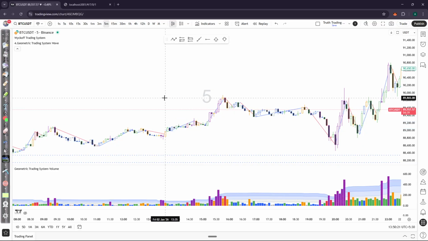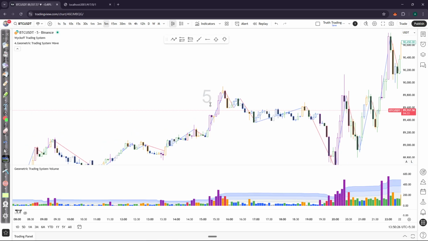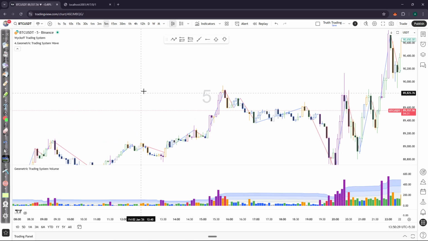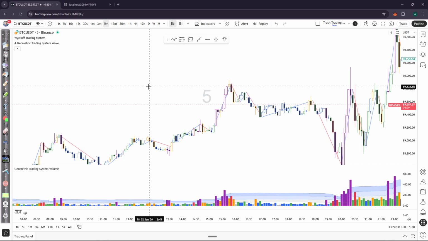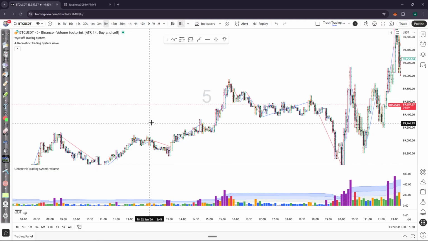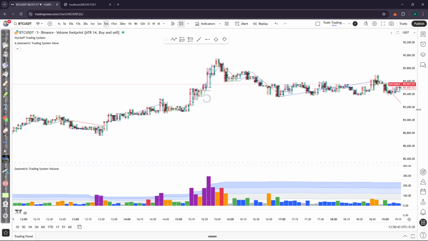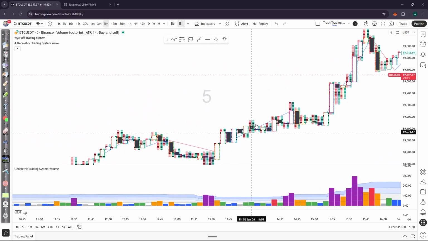Okay. So this actually tells us that there's no interest in selling. Okay. And the sellers don't have conviction, they're not putting in effort. So when the pullback ends and the price resumes upward, you want to be buying that, right? So you see when I do that, and if we go here,